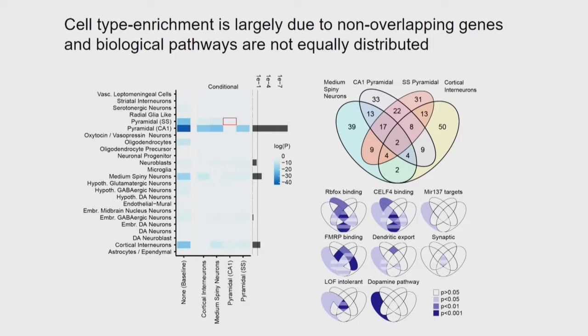And we actually found that each cell type remained significant when removing the other ones. So with one exception, and this is the red dot here, and that's if you remove the signal from the hippocampal pyramidal cells, there's nothing left in the pyramidal cells from the cortex. These two are very similar cell types, so this was maybe not so surprising.